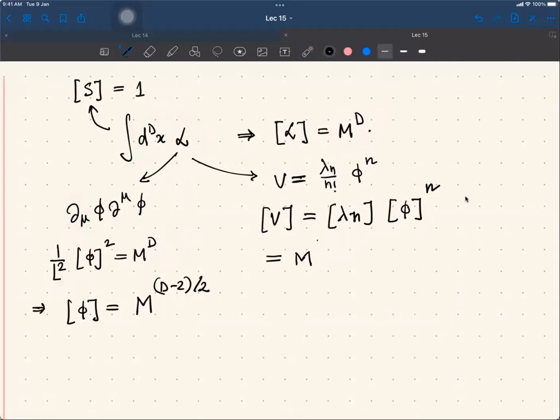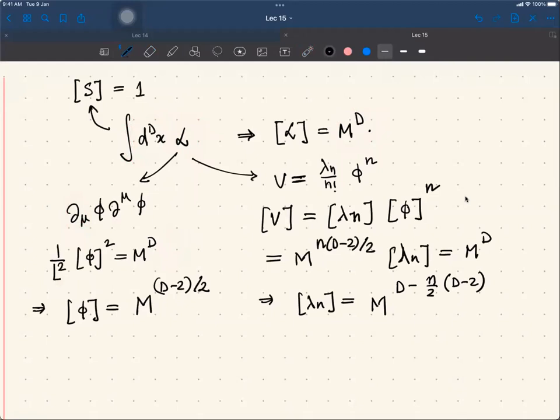So n times (d minus 2) divided by 2 times the dimension of lambda_n should be equal to M to the power d, because it's a term in the Lagrangian. So this gives you the dimension of lambda_n to be equal to M to the power d minus n by 2 times (d minus 2),